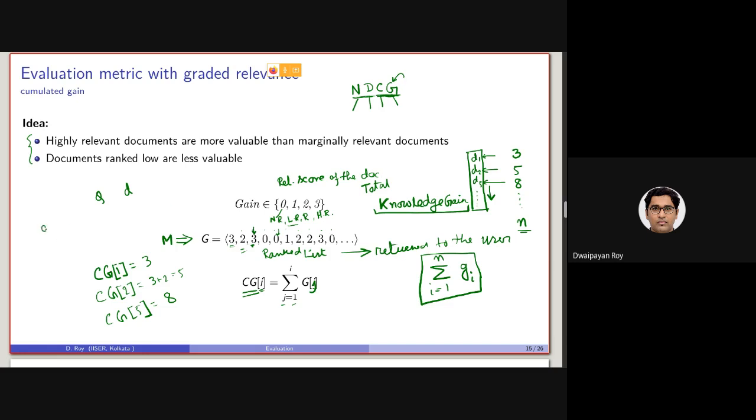So the third document D3 and the first document D1, let's say it is containing the information, and basically there is an overlap between the information. So after reading D1, we have gained this knowledge. After reading D3, if the user examined the document D3 in the beginning, he might be gaining a total knowledge gain of 3. But after reading D1, it might not be the case that he will be reading something entirely new. Some of the overlap can be there.